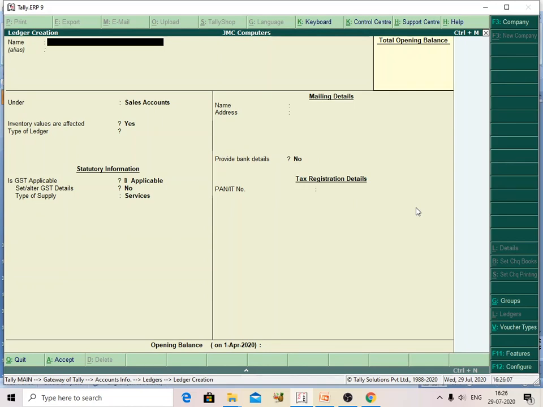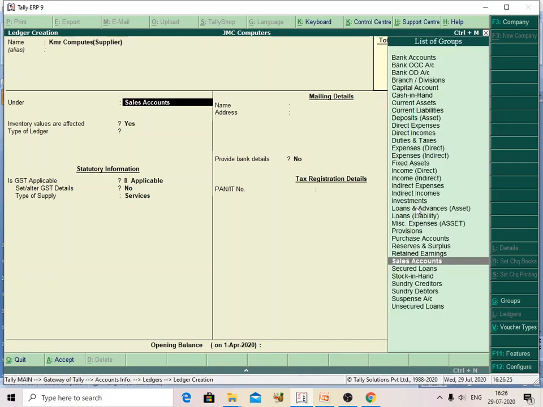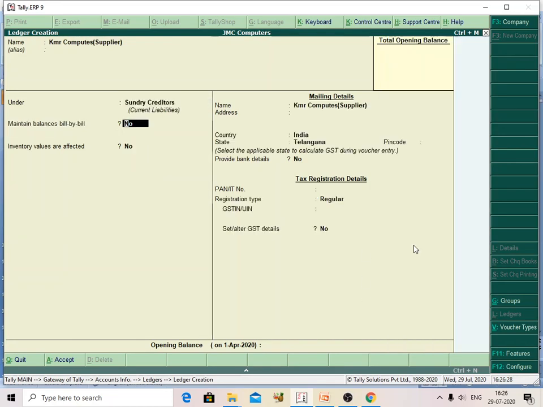Now I will show you. I am creating the ledger KMR computers, within brackets supplier, and it is under sundry creditors. Okay, if it is bill by bill, give yes, and under statutory information, you can give your supplier information like location and state.